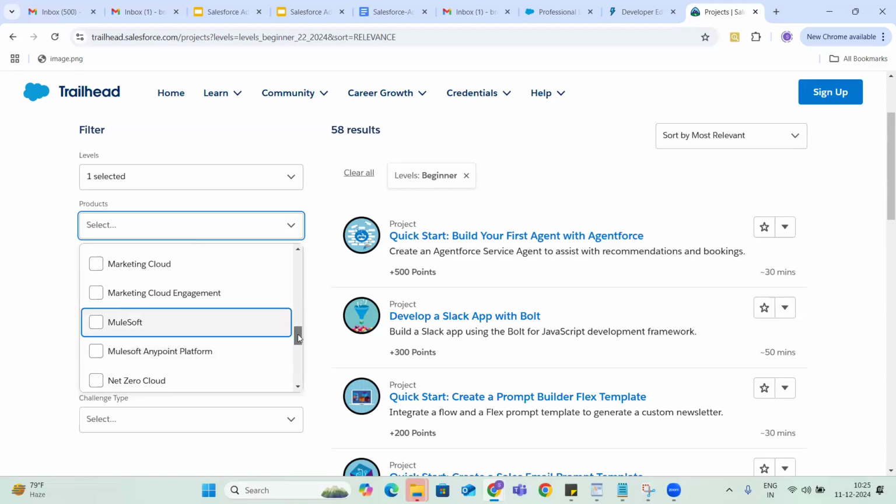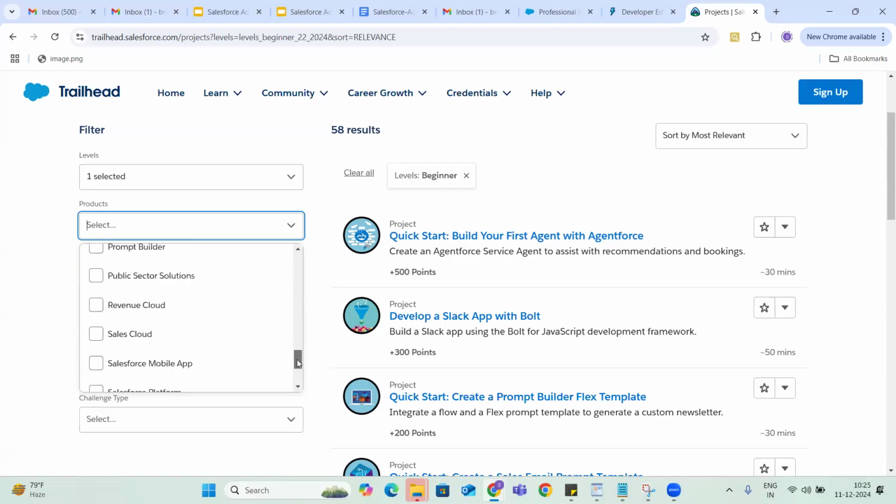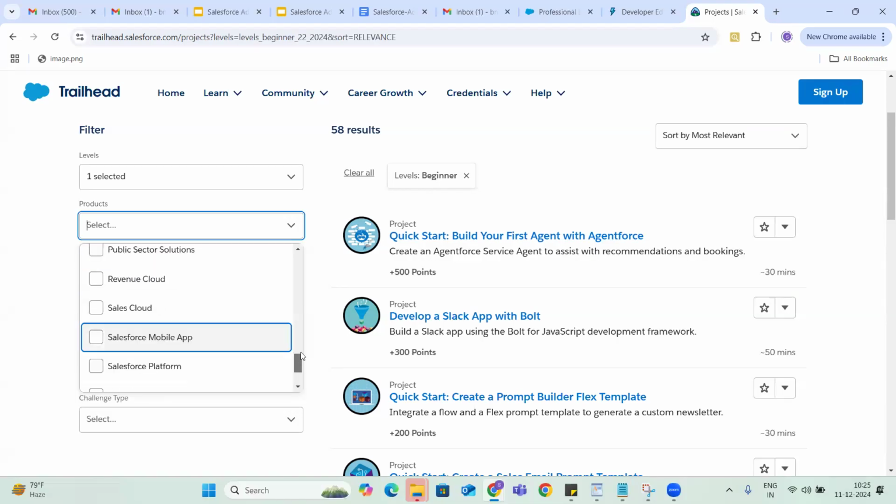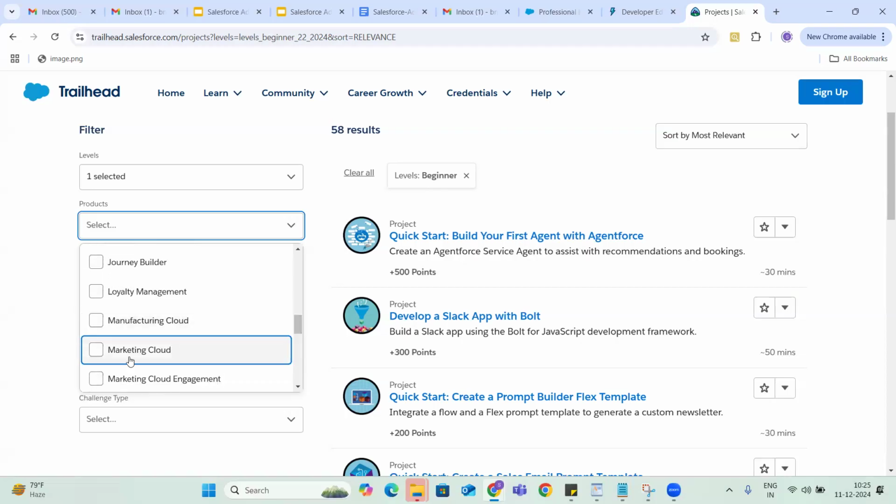Basically we use Sales Cloud, Service Cloud, and Marketing Cloud as the basic things. Let's start with Marketing Cloud, because any business starts with marketing, right? So I would like to learn about the Marketing Cloud.